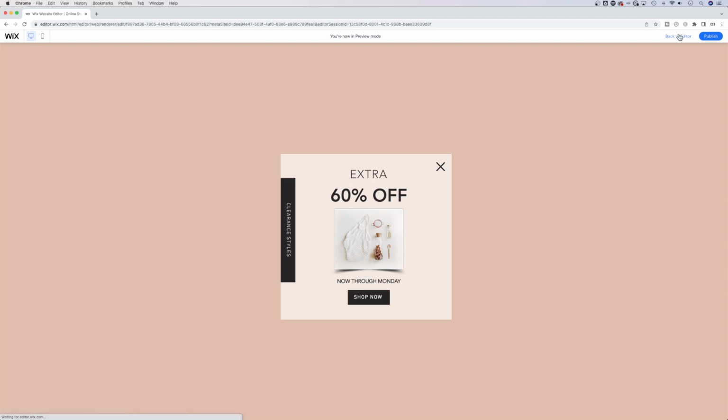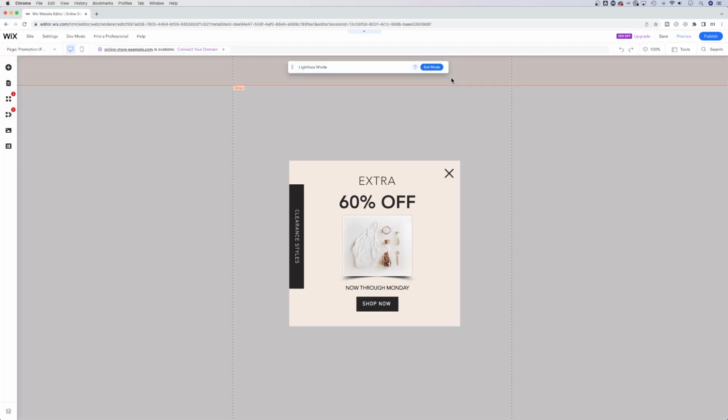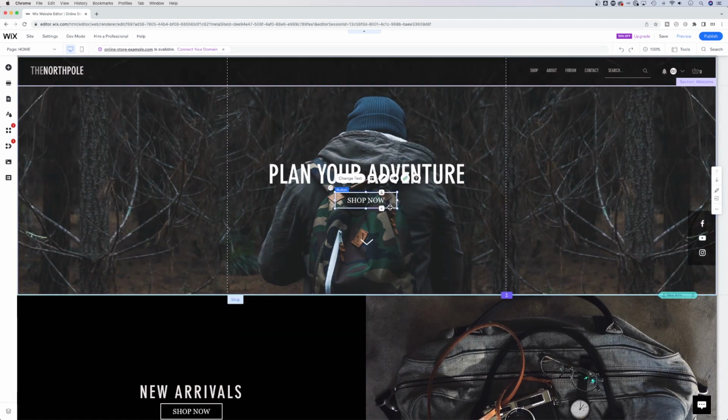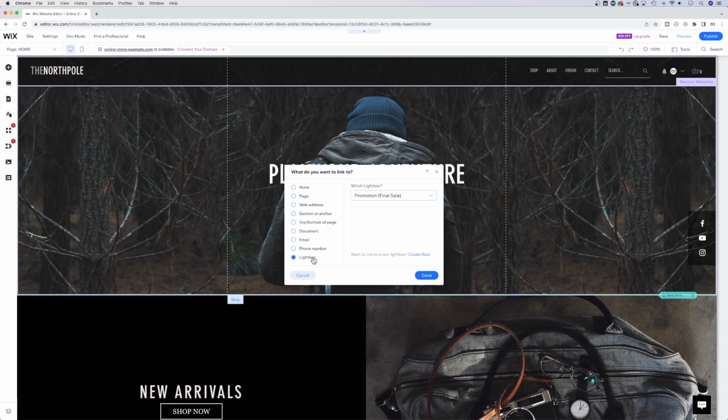We're going to go back to the editor, and because that's the page we were on, we're in Lightbox mode. We can exit that mode. And if I wanted to add a button that had a lightbox on it and edit the picture inside that lightbox, I would select the button and go to link, select lightbox down here. And instead of selecting one of these, unless you already have one you're working with, I would hit create now